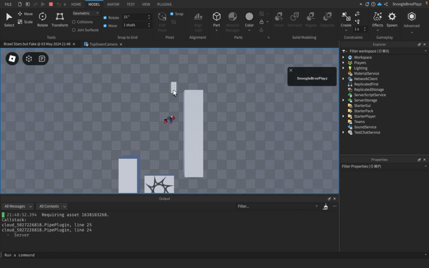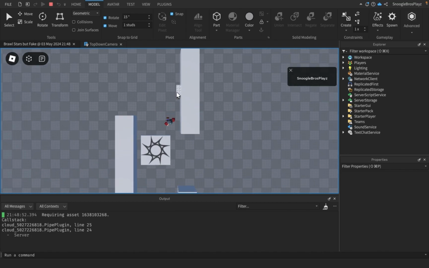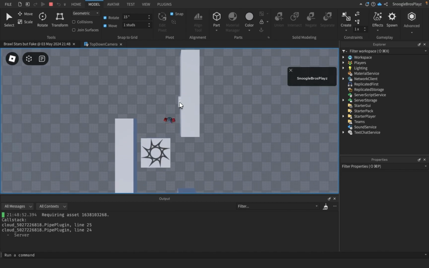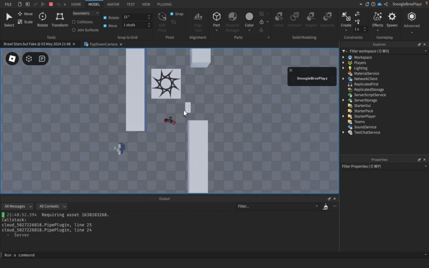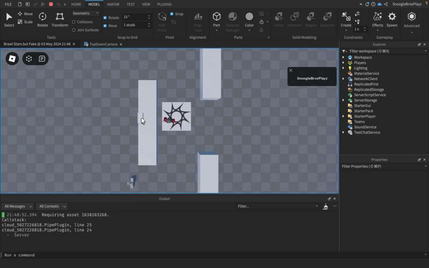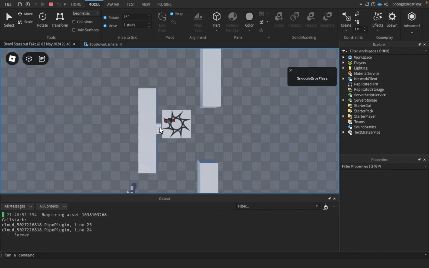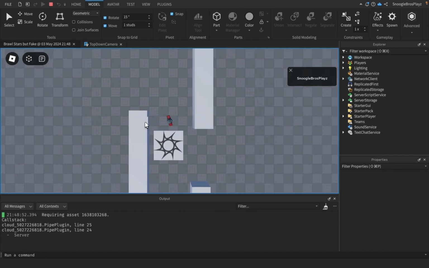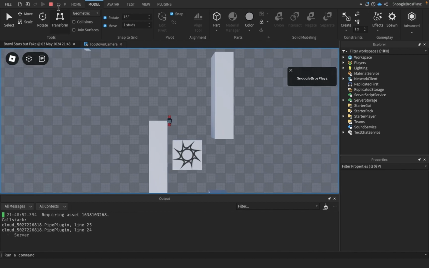And you can see here we have a part following our mouse. Now you guys might be wondering, why do I need this? Well, I'll tell you why after. But you can see it currently works. There's just one thing that we still need, and that one thing